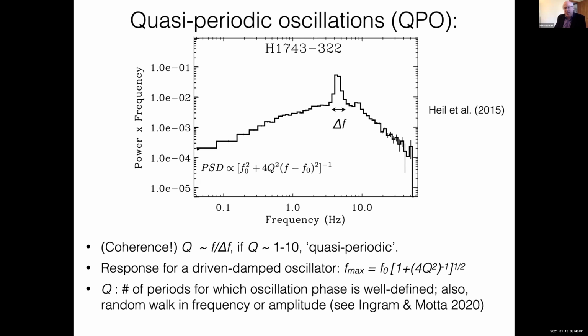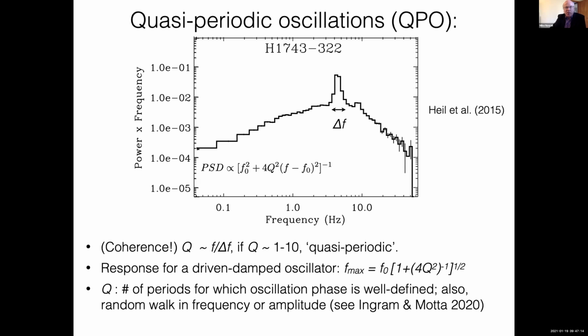So for Q of 10, it lasts roughly on the order of 10 cycles. Also, a random walk in frequency can give you something that looks like a QPO, or a random walk in amplitude of an oscillation can also give you something that looks like a quasi-periodic oscillation. This is described a little bit more clearly in the review paper by Ingram and Mata. So whether it's a random walk in frequency, or in amplitude, or in oscillation phase, the Q is roughly the number of cycles for which you maintain a coherent relationship